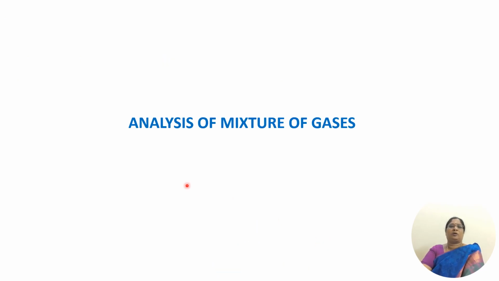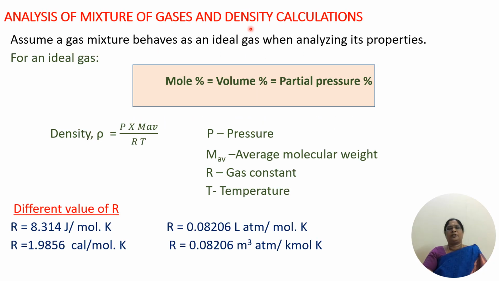Next, let us talk about the analysis of mixture of gases. For analysis of mixture of gases, we have to make an assumption. Assume a gas mixture behaves as an ideal gas. For an ideal gas, mole percentage is equal to volume percentage, which is equal to partial pressure percentage. And for an ideal gas, the density can be calculated by the formula P M average by RT, where P is the pressure, M is the average molecular weight,